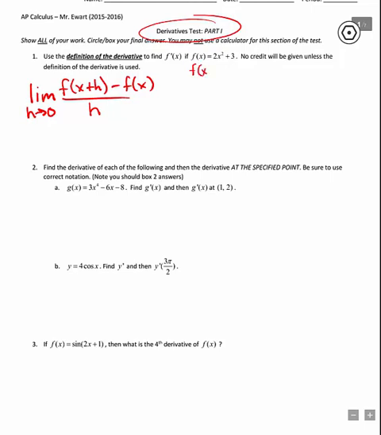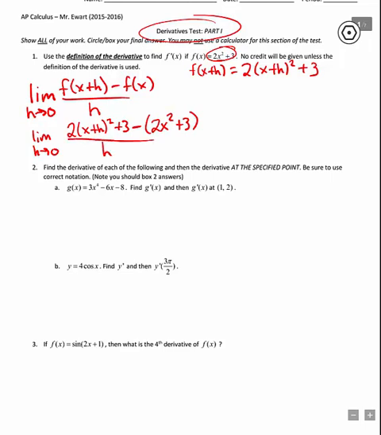I like to just write out f of x plus h is equal to 2. Anywhere I see an x, I'm just going to replace that with x plus h. And so now we just substitute, so we're going to have the limit as h approaches 0 of 2 times x plus h squared plus 3 minus, now be careful here and put this entire thing in parentheses because we're subtracting everything,